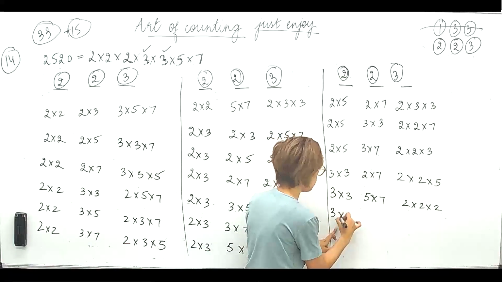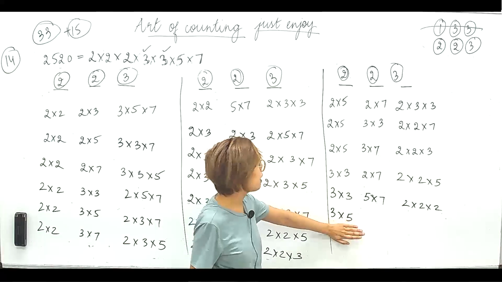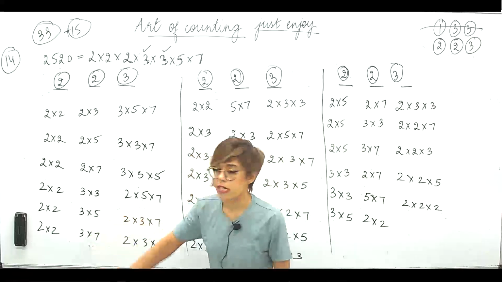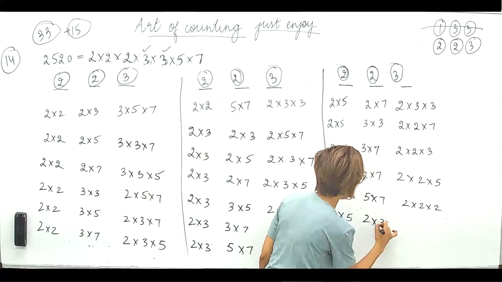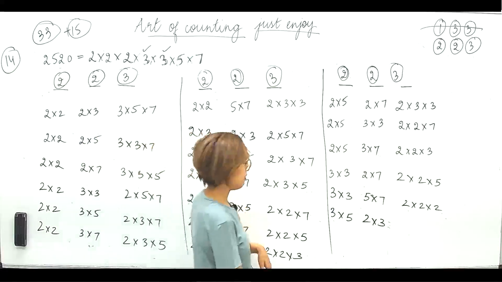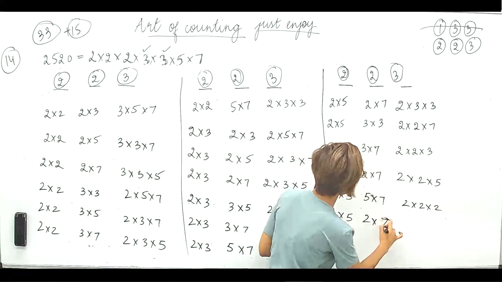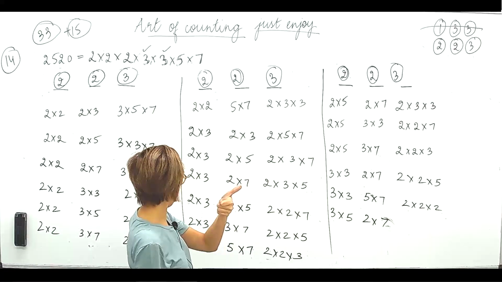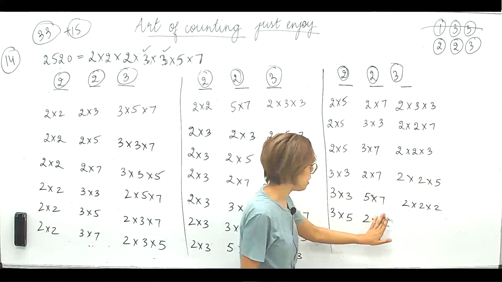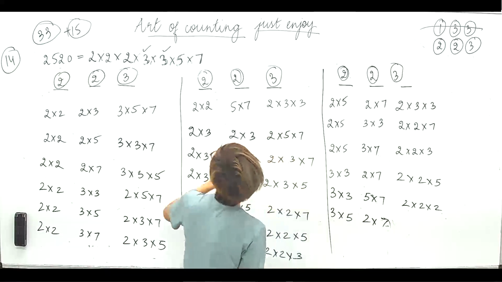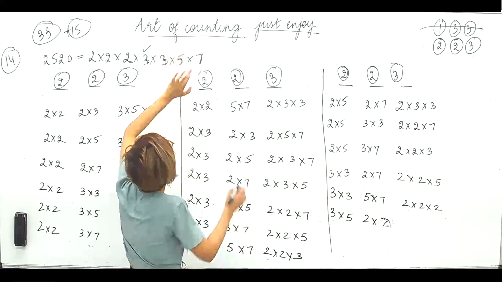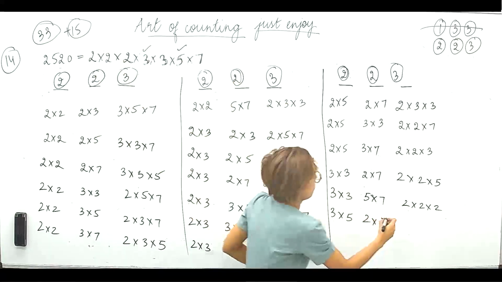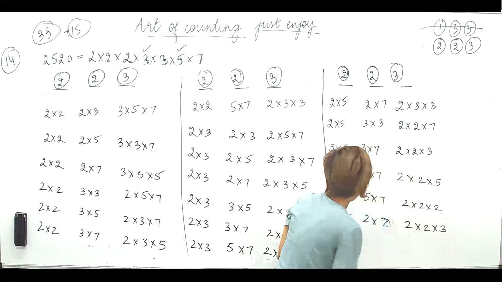नाउ लेट्स गो फॉर 3 into 5 नाउ, राइट. 3 into 5, so should I take 2 into 2? नहीं, already consider है, so I will not take. So should I take 2 into 3? Already consider है, I will not take. So 2 into 5 ले नहीं सकती. 2 into 7? 2 into 7, that I can take. हाँ, वो नहीं लिया मैंने अभी तक, right? So 2 into 7 ले लेते हैं. So 3 into 5 पे चले गए हम, and मैंने ले लिया 2 and 7 and left with 2 into 2 into 3. Perfect. Right, let's exhaust it now.